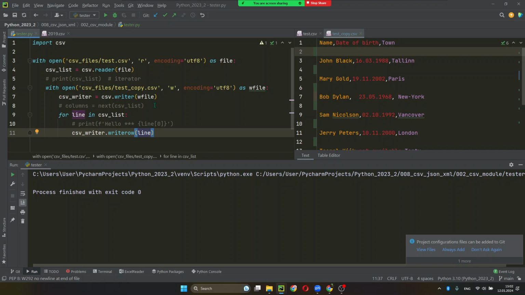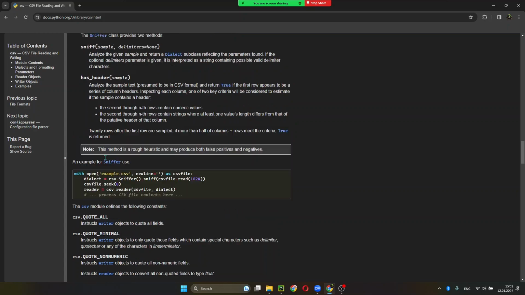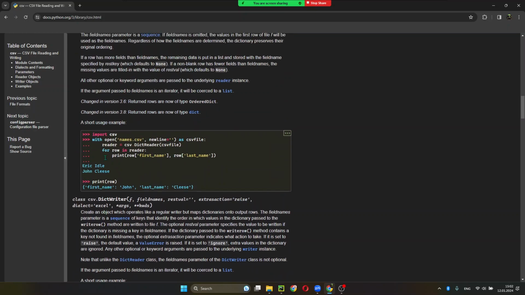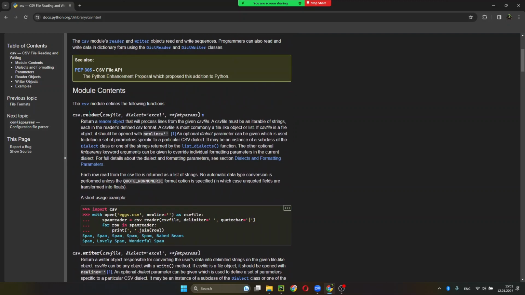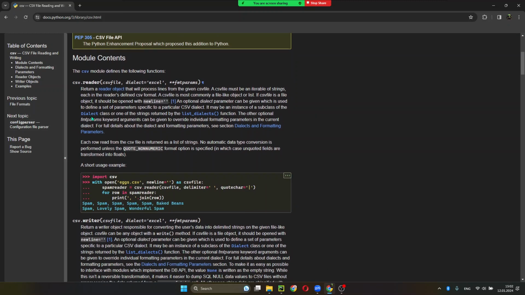If we speak about writer method, and also it is about reader method too, we can open the documentation here. So let's do it. I will open the CSV reader, and you can actually read it through yourself,